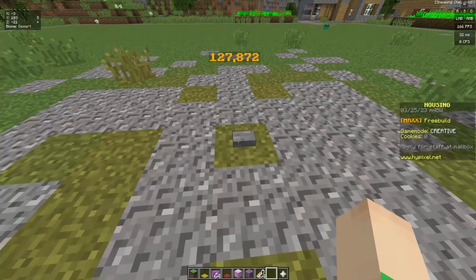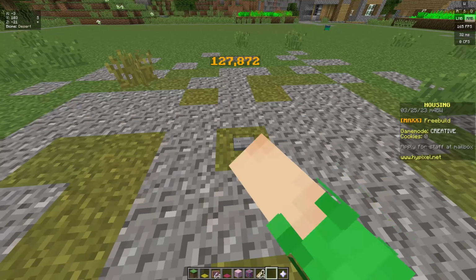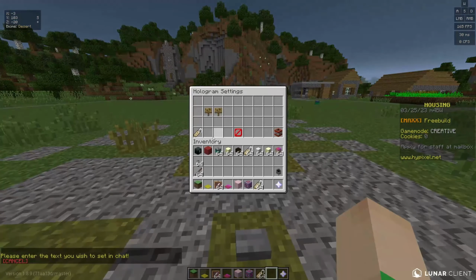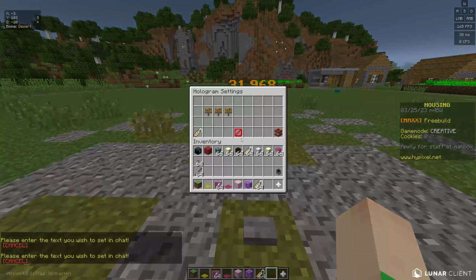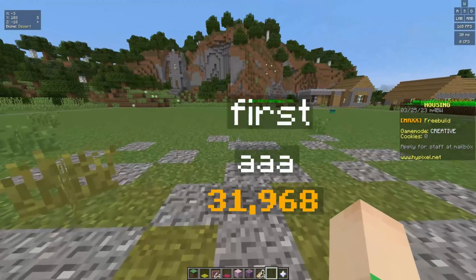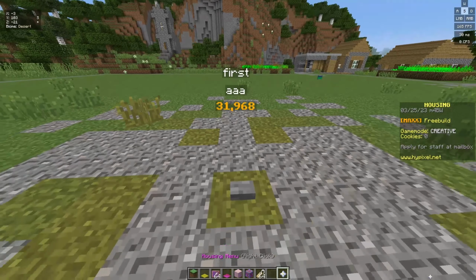But this multiplying and also dividing, if I do divide, it will divide it. Divided by 2. Now let's say on this hologram I have a lot of lines, like let's say I have one here, and then first. And now if I want this first one first, just shift left click, shift left click, shift left click, and it's first now. But this has been in holograms for a little bit, but they've added it to many more